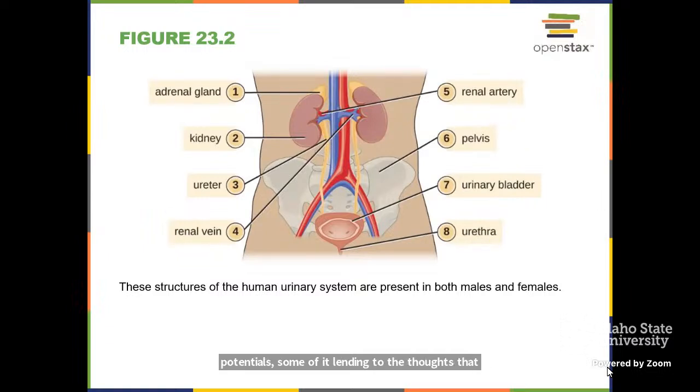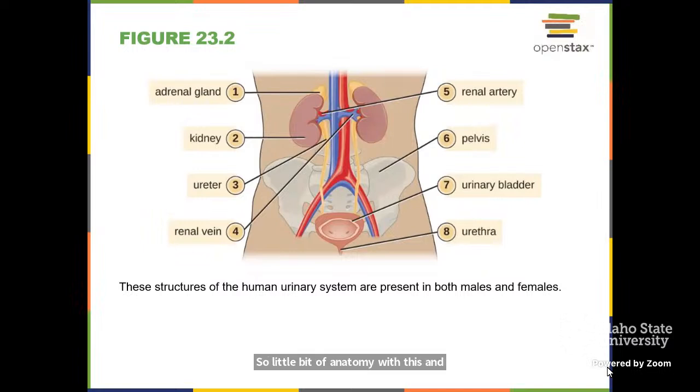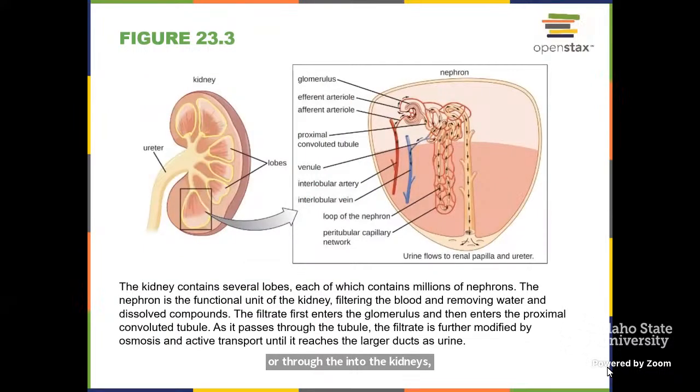So a little bit of anatomy with this and potentials for organisms. We typically think that the urine should be sterile, but UTIs can ascend up into the bladder or through the ureters up into the kidneys. It just depends. So this image,